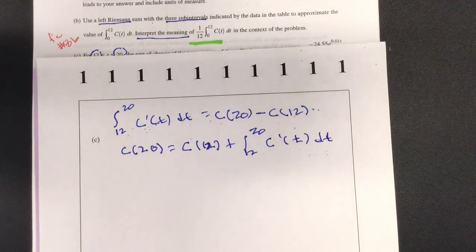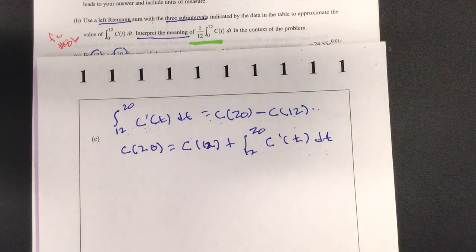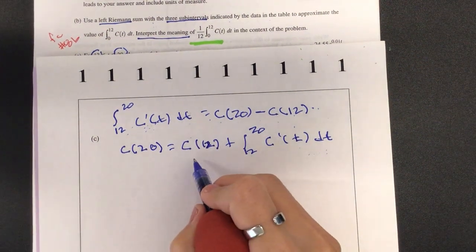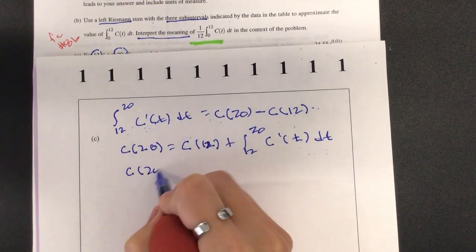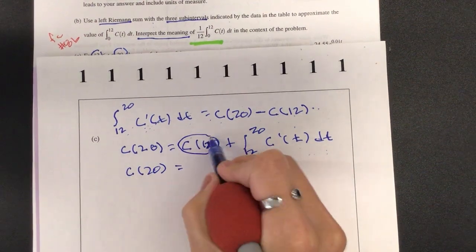Now something's already given to us. Do I know what's happening at 12? Look at your table. When t equals 12, was that 12 or 20? 12. How many was our C of t? 55. So I'm going to write C of 20 is equal to this value right here, 55 by the